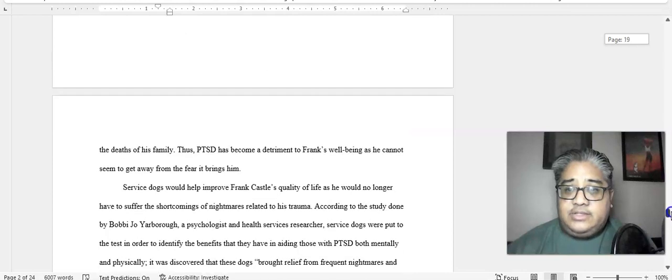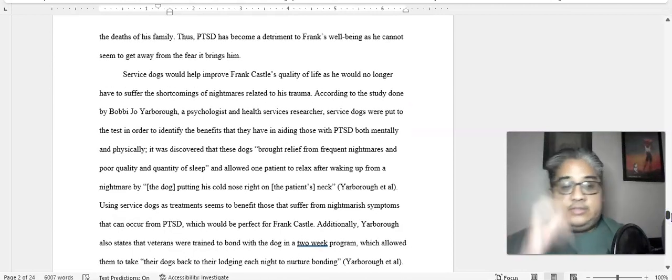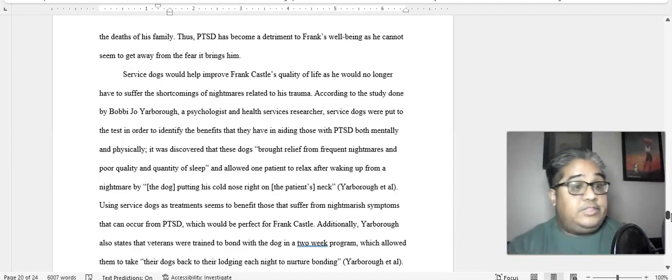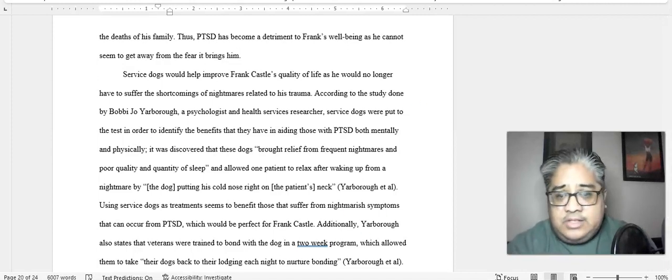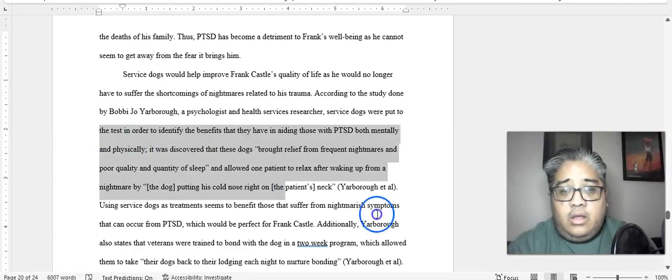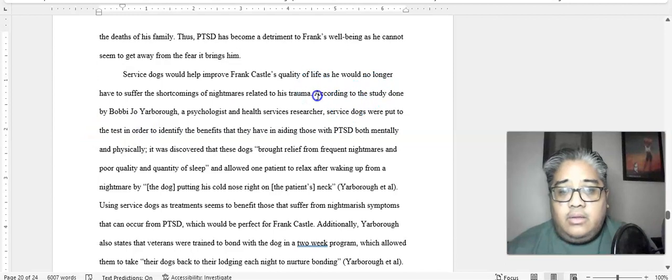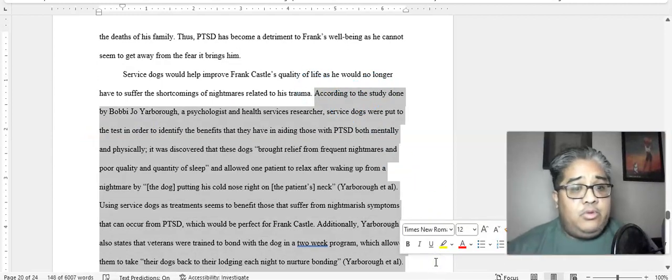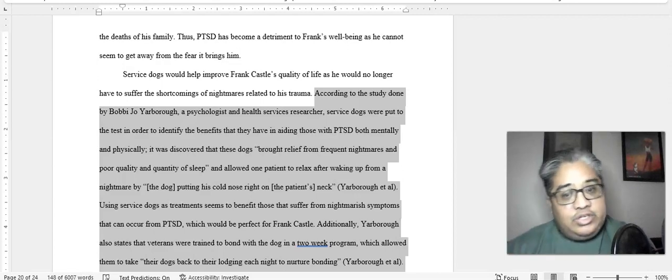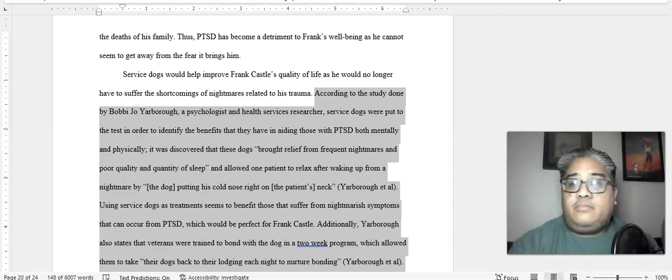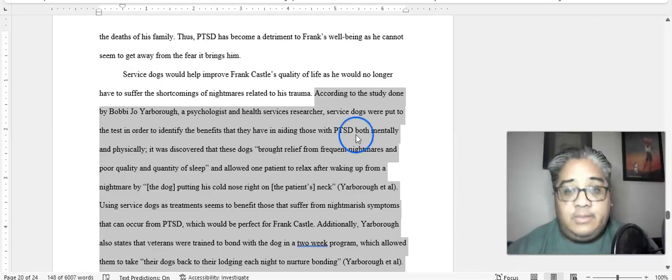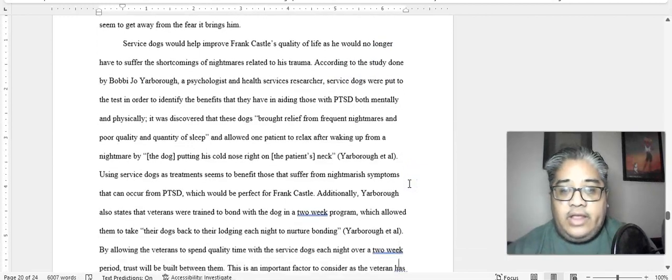So one of the treatments that this student recommended for Frank Castle's PTSD was to get a service dog. And so they present their academic evidence right around here. Here's how having a service dog helps, this section right here. There's a couple of quotations from academic sources explaining, here's how this treatment works, here's how the treatment would help somebody with PTSD. And then later on in the paragraph,